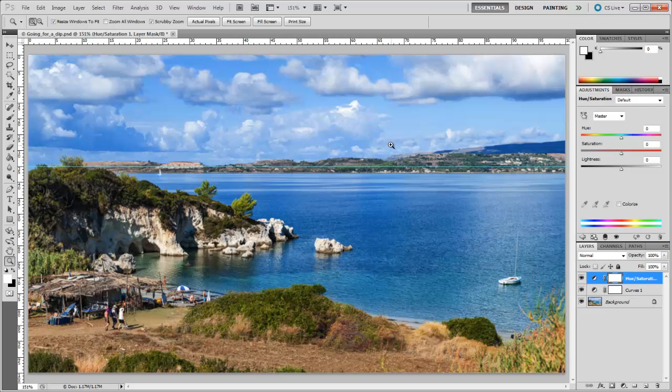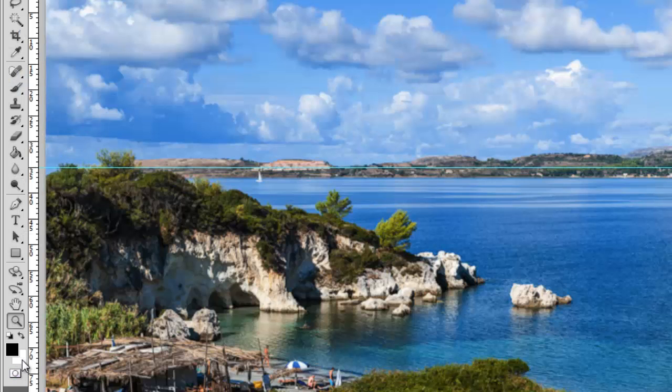I don't want to adjust anything below this. I only want to adjust something above. So we're going to use the mask layer. So click on the mask here and ensure that we've got black to white selected on the left hand side here, and with our gradient tool